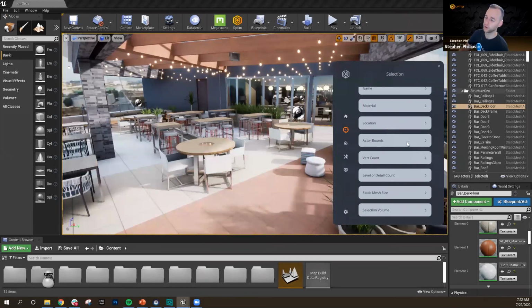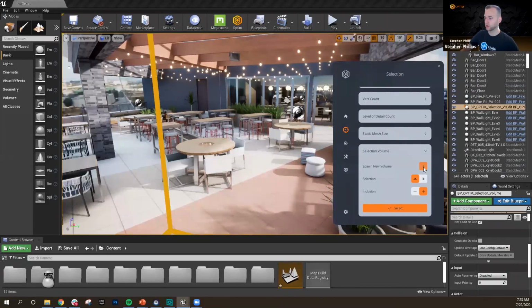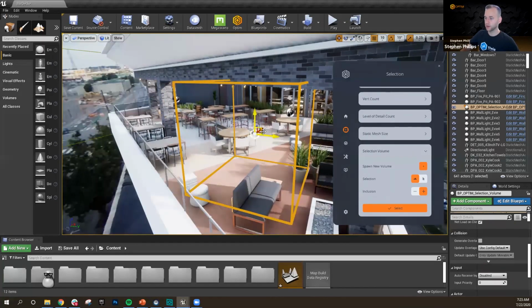And there are many other ways of selecting stuff, like the size of the object or the complexity of the object, or even one of the cool ones that we offer, which is our selection volume. So this whole outdoor area here contains a variety of assets that are different shapes, sizes, names. But if I wanted to consistently select them for some reason or another, I can spawn a selection volume, which is now on top of my camera. And